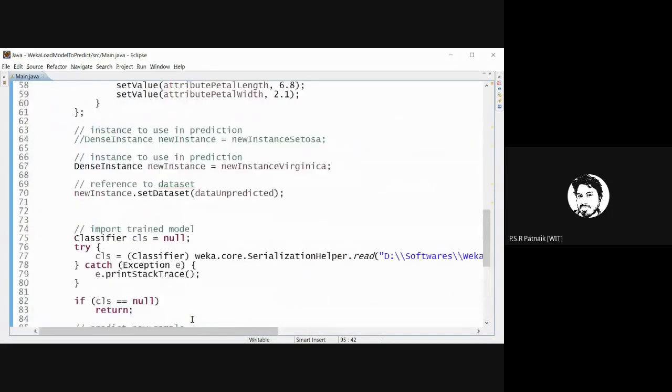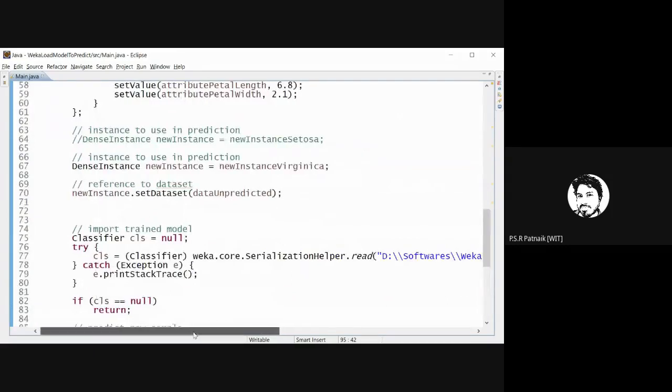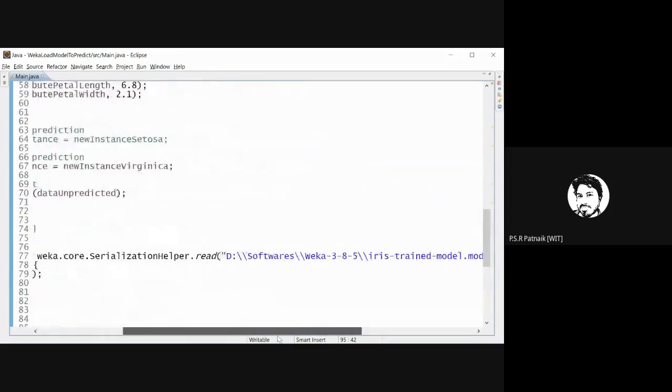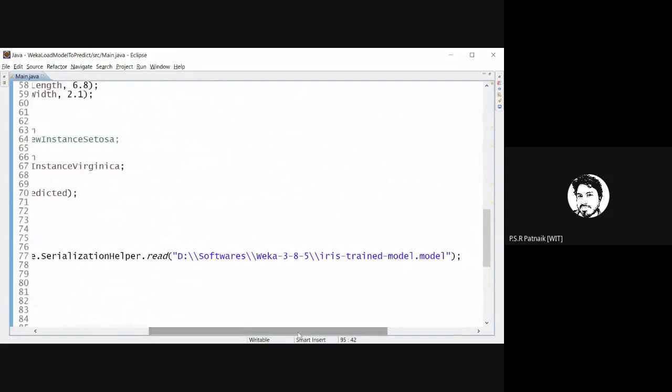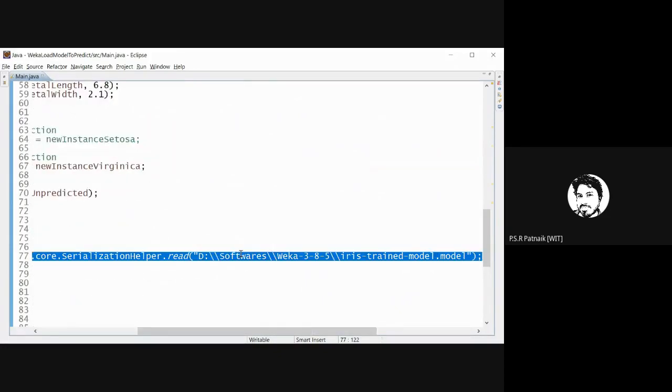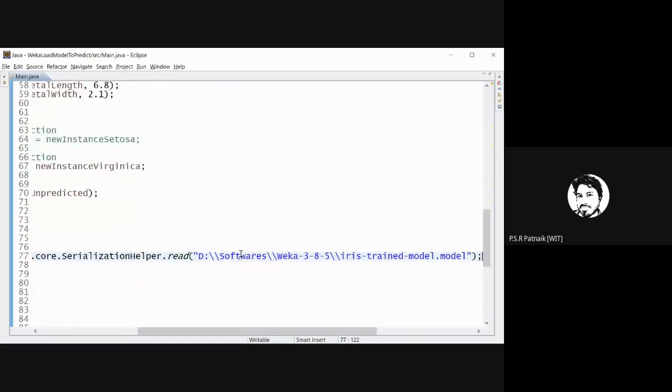So tell me one thing: what is the major critical operation when you do a deployment? The problem with deployment is once you ship the model, you will not get a chance to retrain it. If you want to retrain it, you have to go back to your phase 1, do your analysis, get the model, and once again ship the ML model. That's the only critical step.